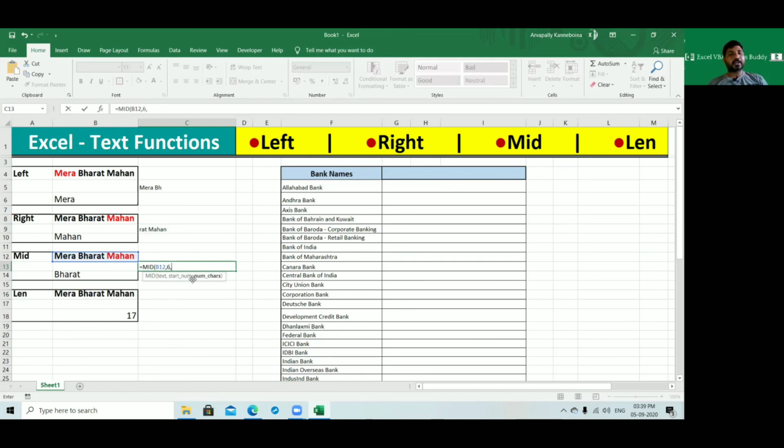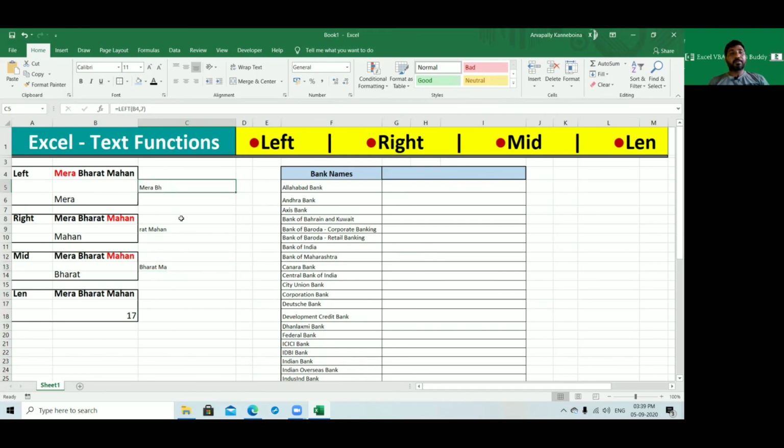I'm increasing the number of characters to get more data, so I'm adding 9 letters here also. This text starts from B and ends after 9 characters. Bharat is 6 letters, then a space and 'Ma'. It includes 9 characters. See the result, right? This is mid.